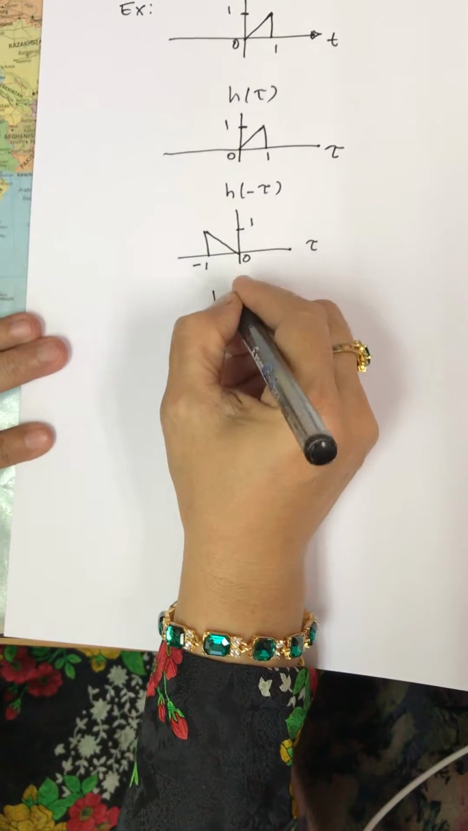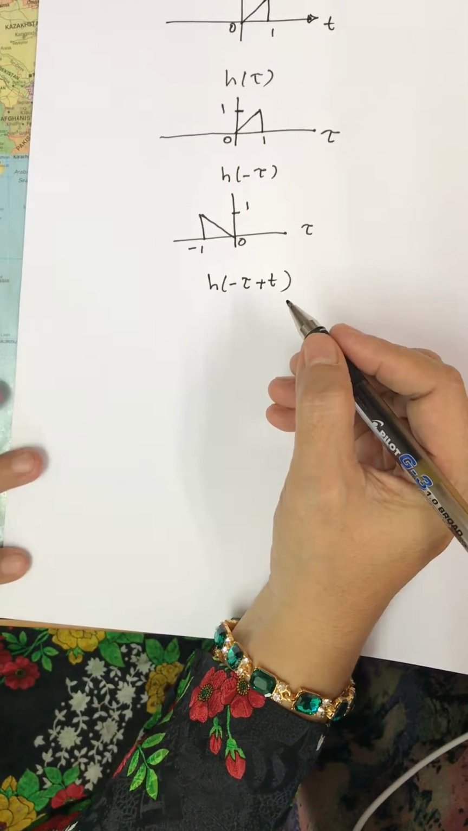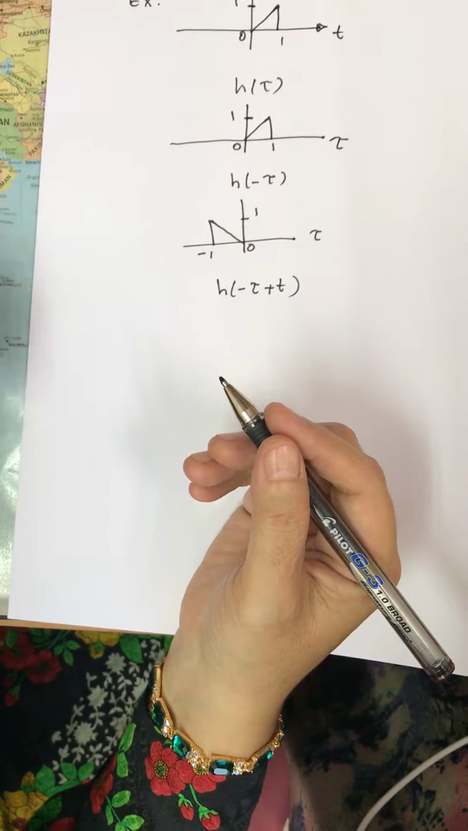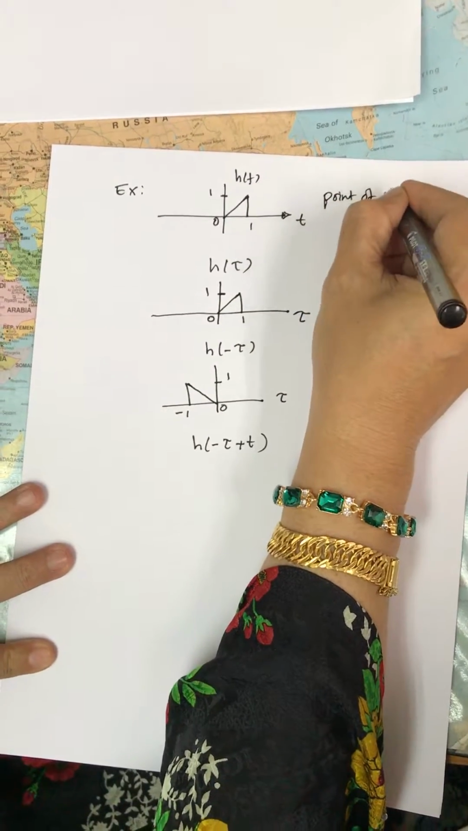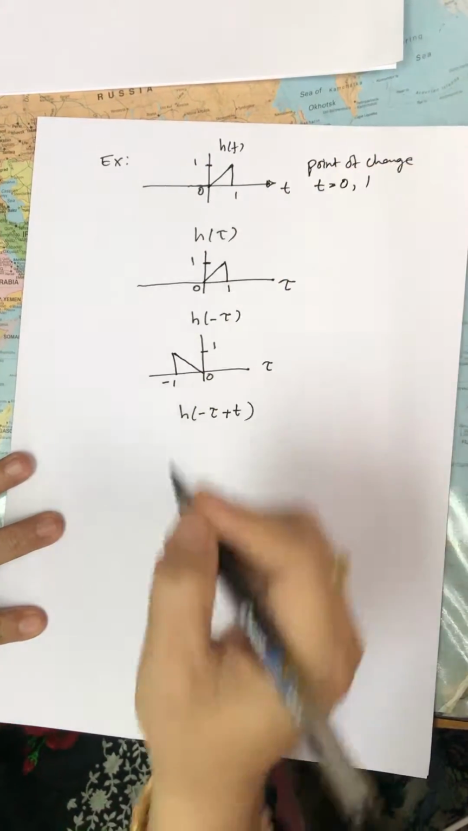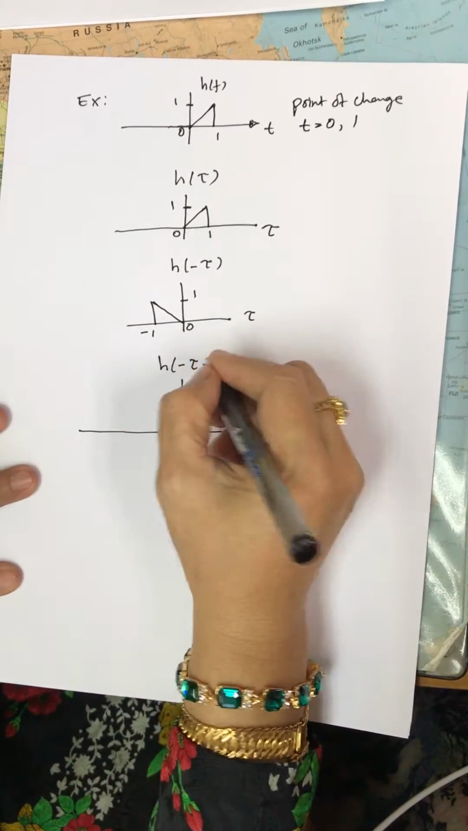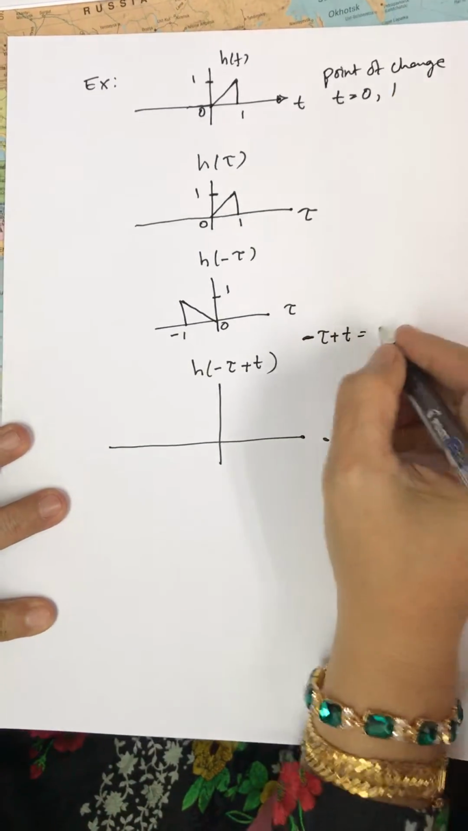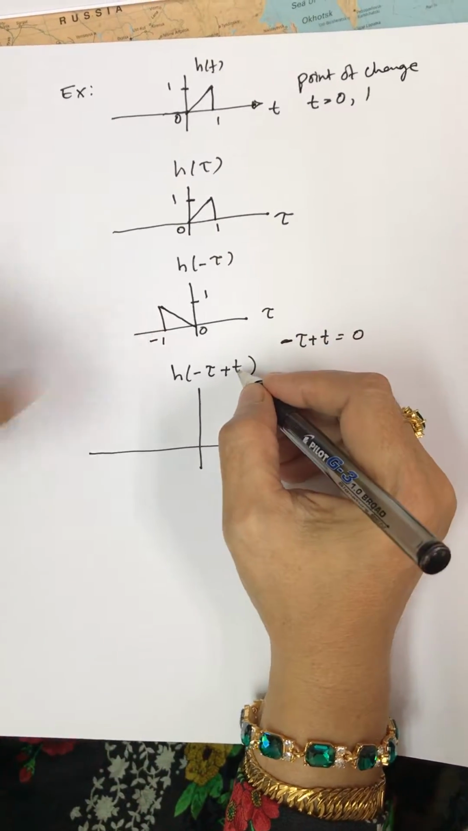Then you want to sketch h of minus tau plus t, where t is another constant. So now, what do we do? Set the argument equal to point of change in the original signal. So h of t is the original signal. Point of change is at t equal to 0 and 1. So let us set the argument minus tau plus t equal to the first point of change 0, and then solve for tau. Remember, this time around we are going to solve for tau